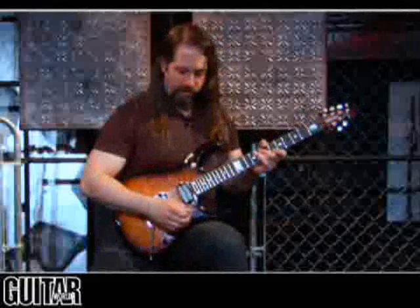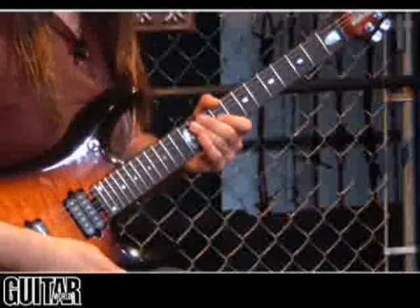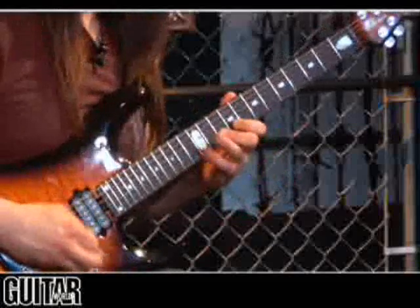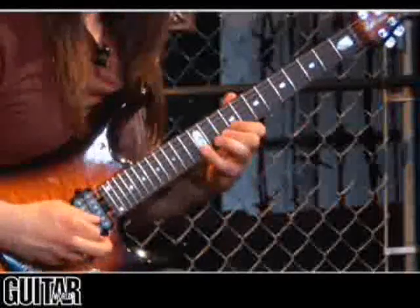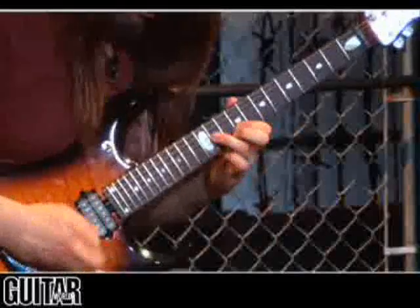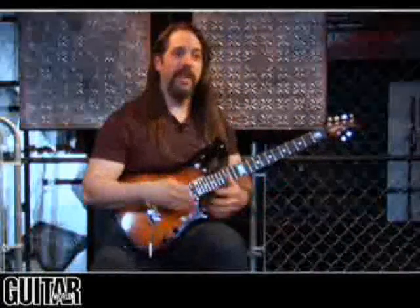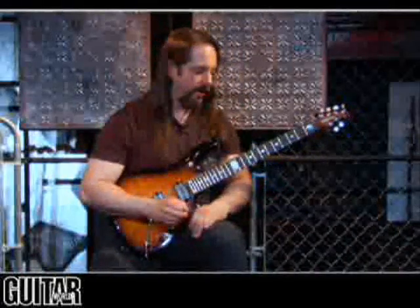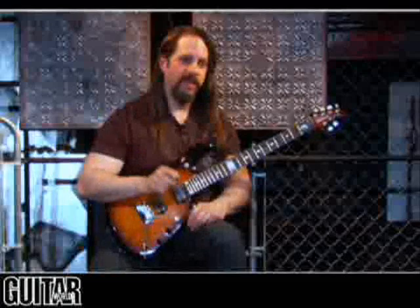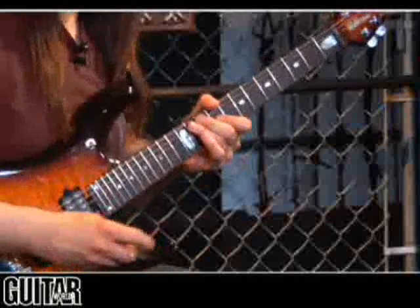So just to illustrate what I'm talking about, at the beginning of this riff, you're only picking the first 4 notes, and then you're pulling off the next 2. All right, so you see the pick is doing that whipping motion. And that's the key. If you can do that, then you can pretty much do this whole thing. There are also a couple of other instances where you're playing a downstroke and then pulling off the rest of the notes, like this. So the combination is like...